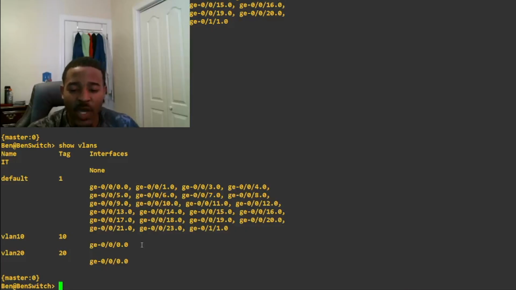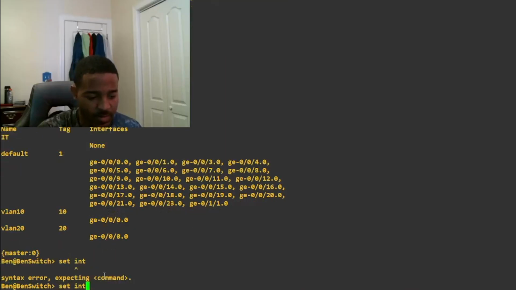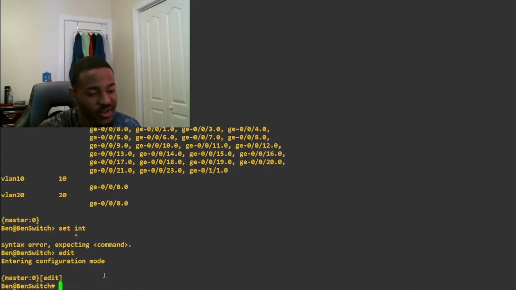So the next step is to put our actual interfaces, which are port 2 and port 22, inside of our VLANs as access ports. So let's go ahead and do a set interfaces. I'm in operational mode, so I might want to go into configure mode. All right, let's do a set interfaces ge-0/0/2 unit 0